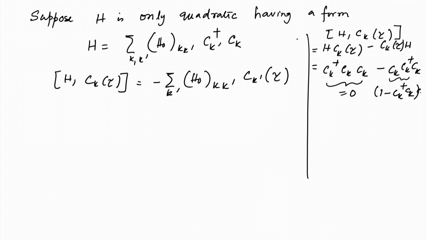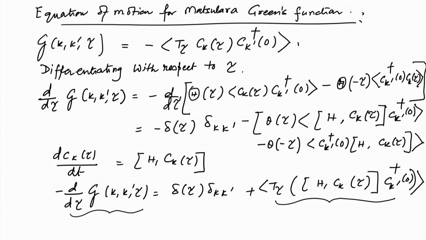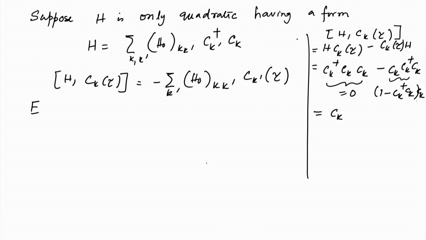So, C k will multiply with 1 and give me a C k, and again C k dagger C k will give me 0, and this will give me simply a C k, and that is what is written there. So, the equation of motion (EOM) yields, as an abbreviation for the equation of motion, the equation of motion is